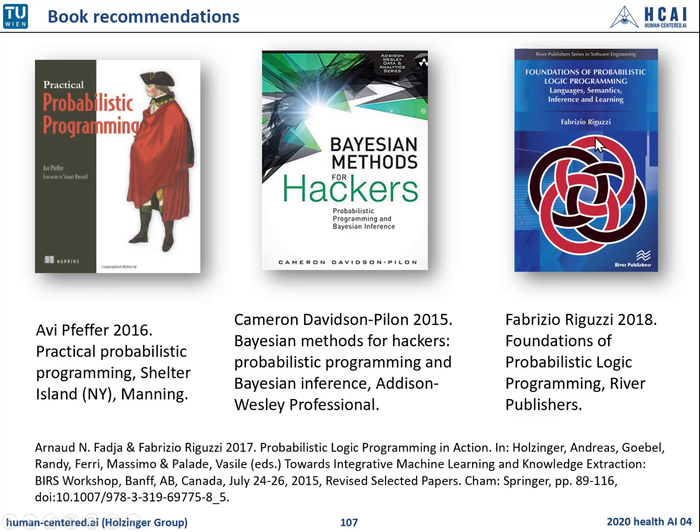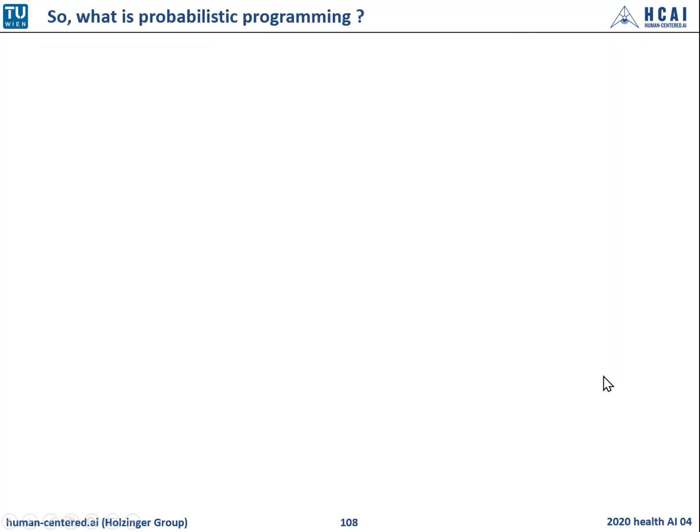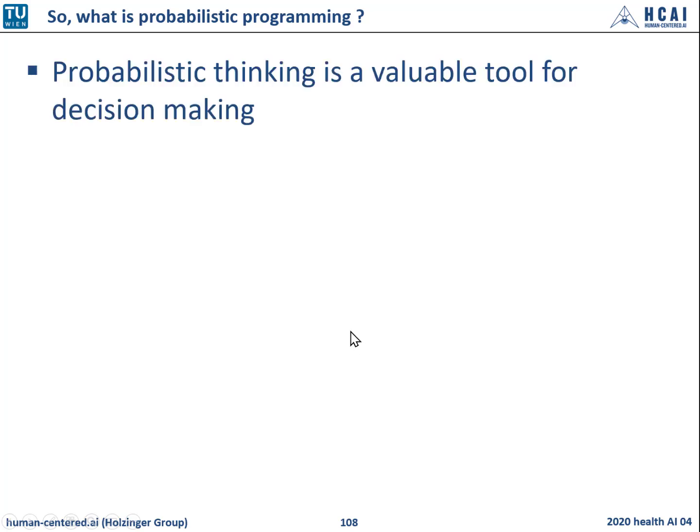Fabrizio Riguzzi is a colleague and wrote this excellent book. Probabilistic logic programming extends logic programming by enabling the representation of uncertain information by means of probability theory. So probabilistic logic programming is at the intersection of two wider research fields. It is the integration of logic and of probability and probabilistic programming. And you know, this is a successful marriage again, and we as Austrians believe that marrying is an excellent strategy. So what have we learned so far? What is probabilistic programming? Let us answer this.